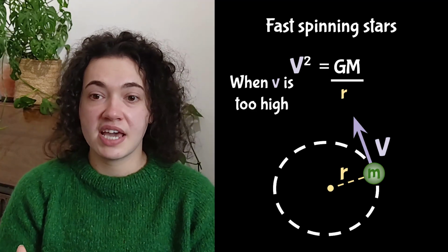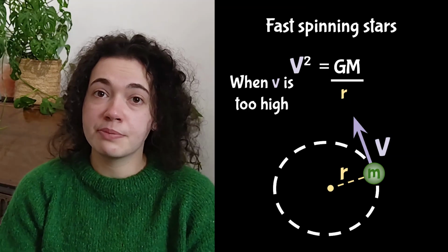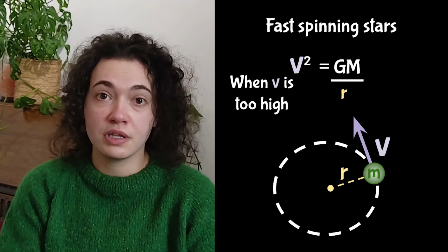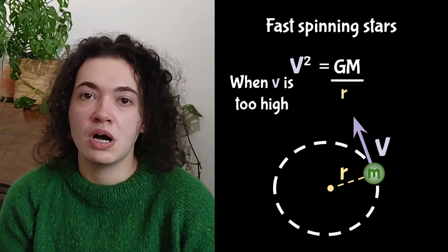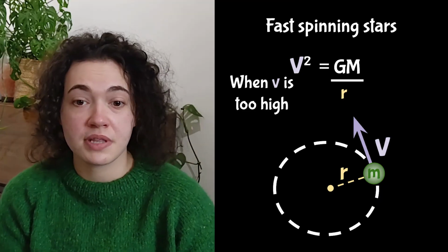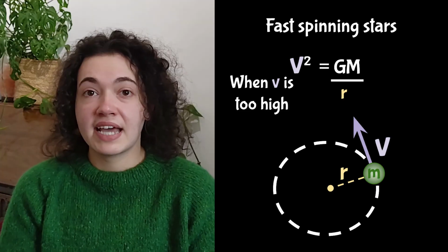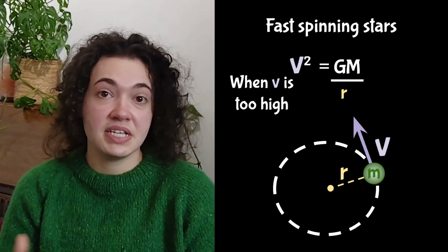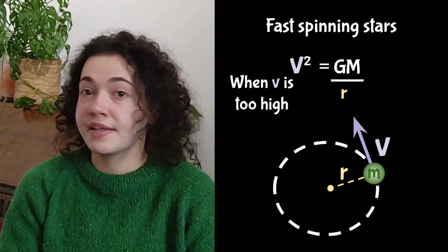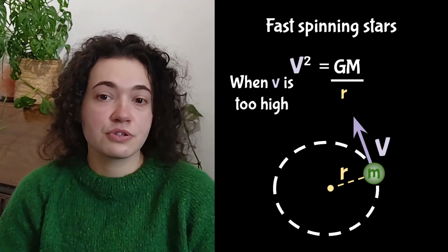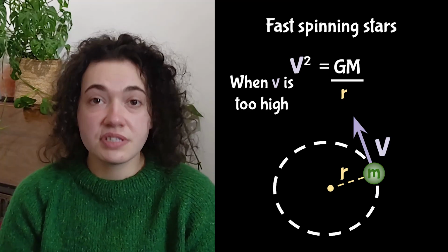Even if the star is rotating almost solidly or rigidly in this case, the plasma at the poles may have the same rotational velocity or angular velocity. This will be in like degrees per day or something along those lines. So it might move at the same amount of degrees per day, but its tangential velocity, which is going to be in meters per second or kilometers per hour or something like that, will be much higher at the equator. This means that the centripetal velocity is slightly higher overall near the equator,